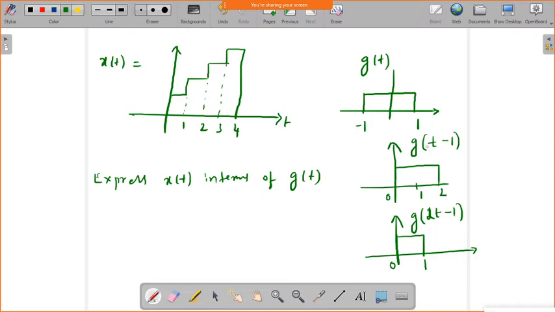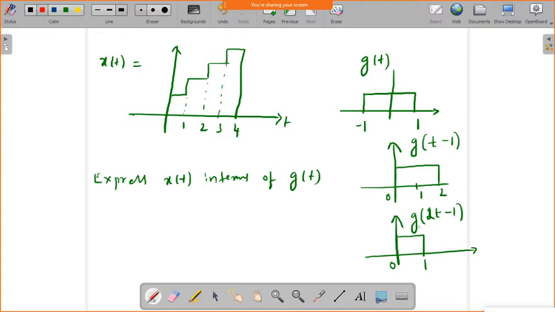Okay. So now we have performed some operations on this signal. Now you can see the signal which is g of 2t minus 1. It is a part of this x of t. You can see 0 to 1 it is there. So now if you do amplitude scaling and shifting on this g of t signal, then you will get the x of t. Okay. So now we got this portion, right?